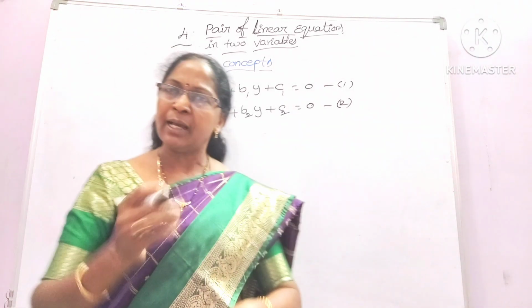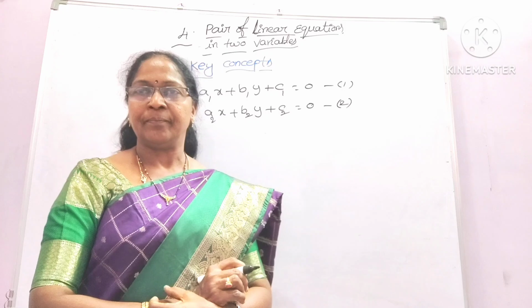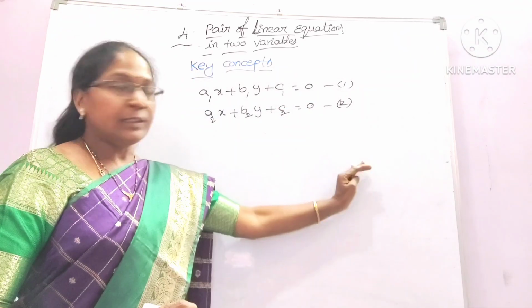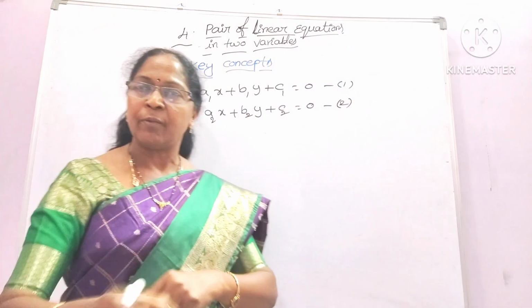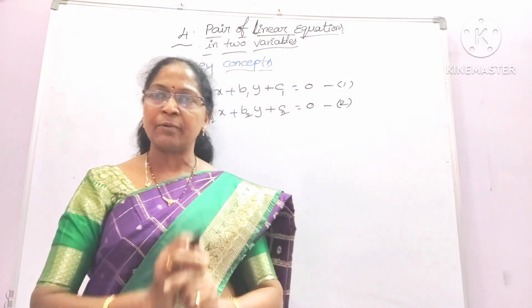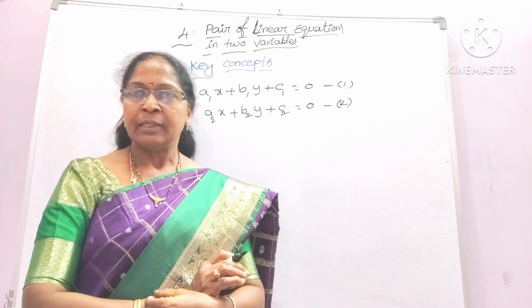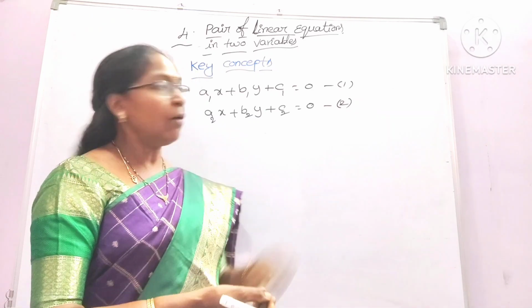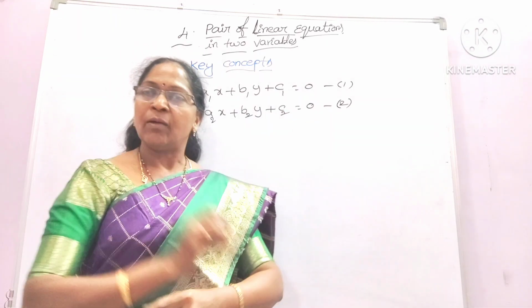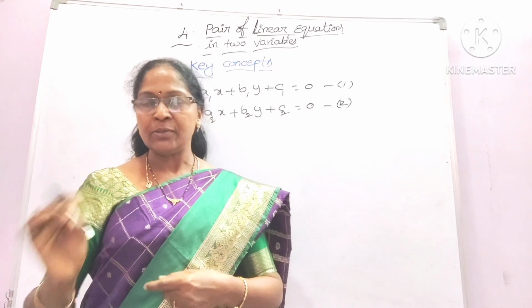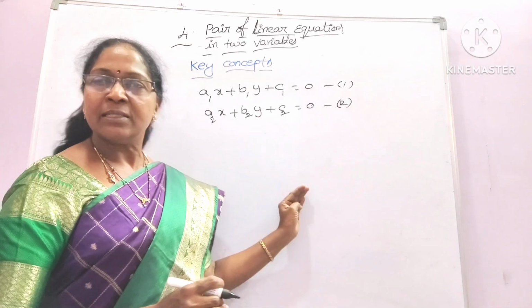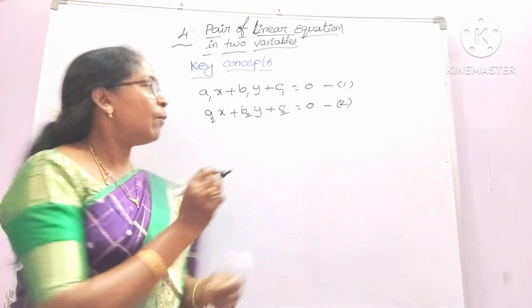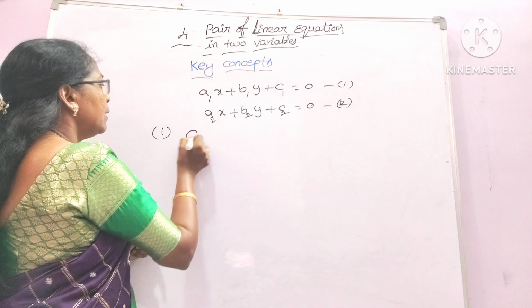So in this entire chapter, what you have to learn? By using these two linear equations, you have to find out the x and y values. The variables are x and y, so you always have to find out the values of x and y. For finding x and y, in this chapter, three methods are there. One is the graphical method,